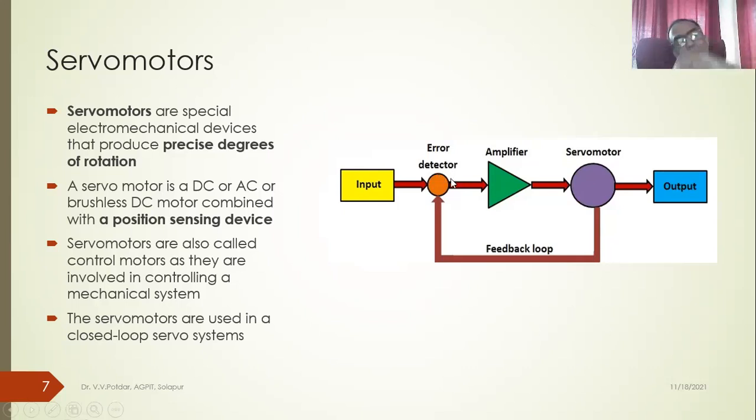It will be appropriately converted into an equivalent electrical signal, right? And that electrical signal is amplified, and then it will be fed to the field winding or armature winding of a given servo motor if it is a DC motor, and the corrected new angular position is obtained by rotation of the servo motor, right? And to that output shaft is the load; in the case that we discussed, it was a Francis